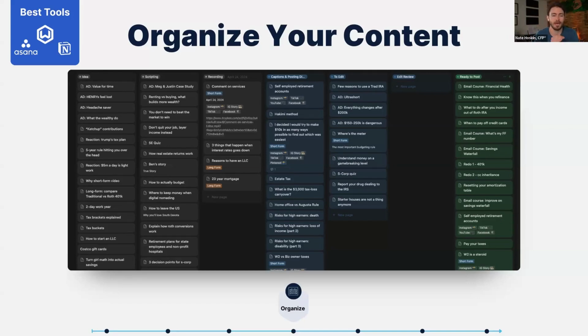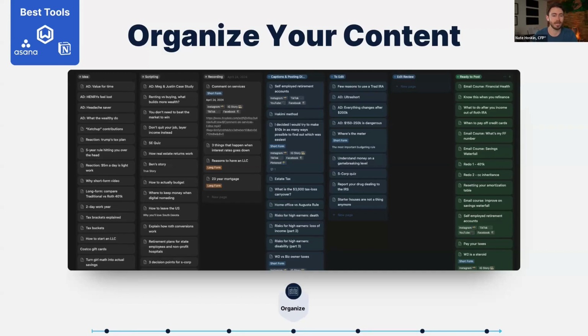Starting with the idea, as we mentioned in ideation, you need a title and a couple of bullet points. The script is where you write it out, and then you sit down to record, which we'll talk about in a sec. You'll add in your captions, your video descriptions, your posting times and your platforms, and then you'll get the video edited. Whether you hire someone on Fiverr to do the editing for you, you do it yourself, however that takes shape, you need to track it through each level of the process. Otherwise, the ideas will just never actually become posted videos.